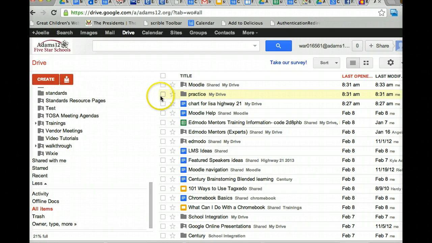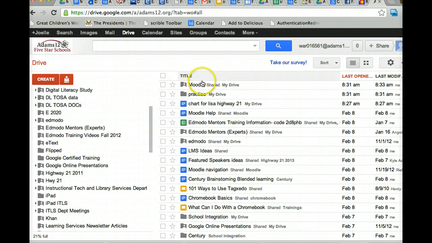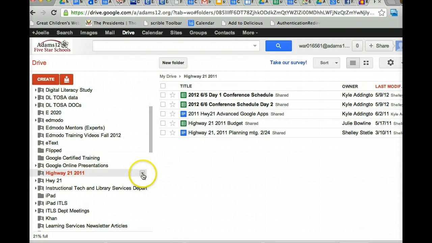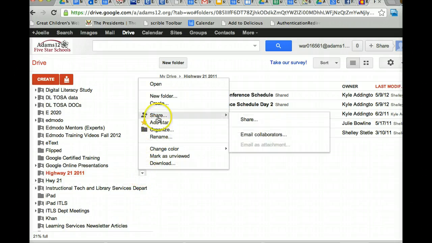Okay? Also with folders, you can share folders with people. And the sharing features, so if you put something in a shared folder, it'll automatically be shared with whoever you share the folder with. So you don't even have to share individual documents if you throw them in a folder. So for example, you can tell a folder is shared because it has this little person icon here. So if you want to see sharing rights, if you click on the little arrow here and go to Share,